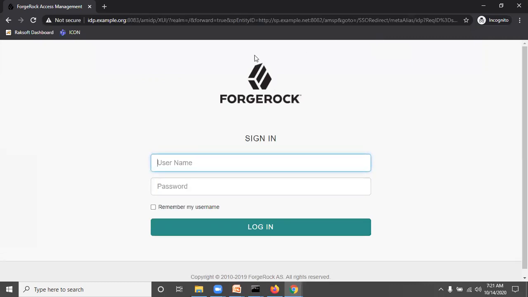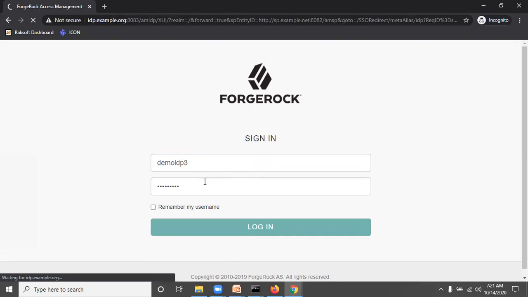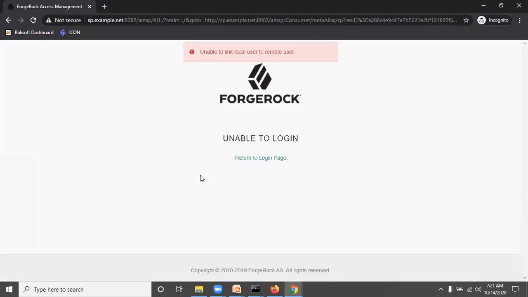Now enter the IDP username and password. Demo IDP3 and password. Click on login. Unable to link local user to remote user. Okay, we'll check that configuration again.